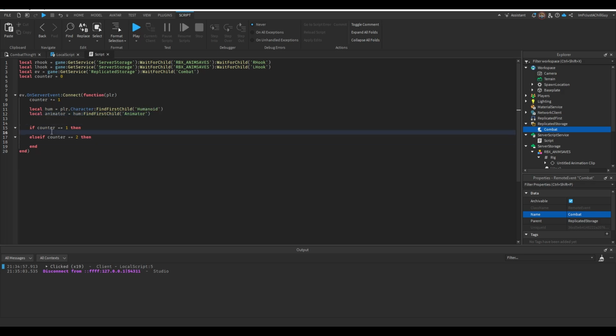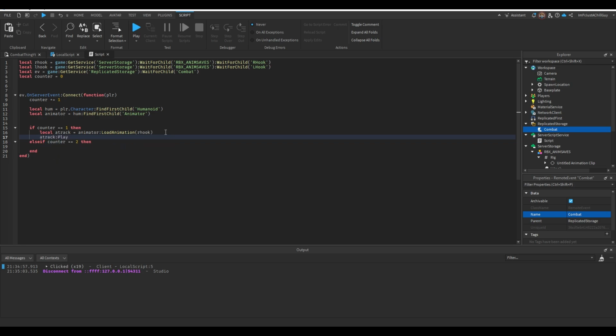So that's good. Now we want to create an animation track so we can play it. So it's just if counter equals 1, that's going to be the right hook. Local aTrack is animator:LoadAnimation(rightHook), R hook,